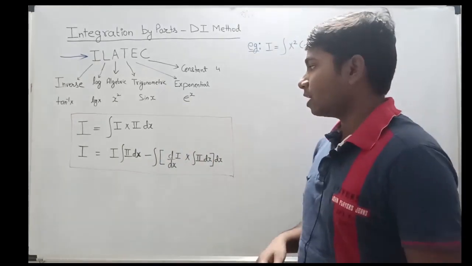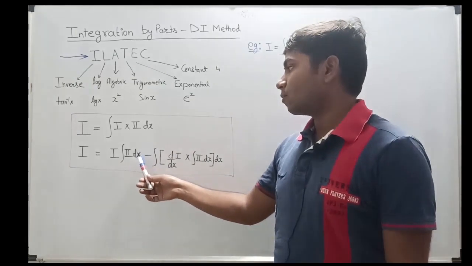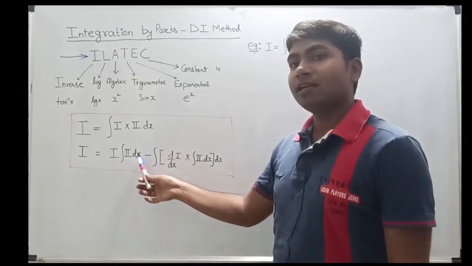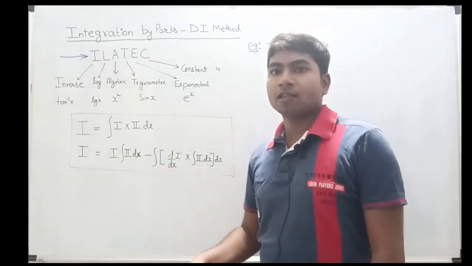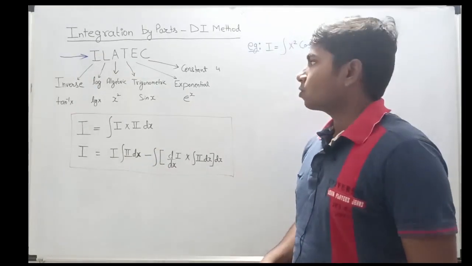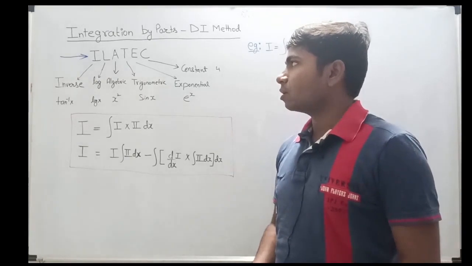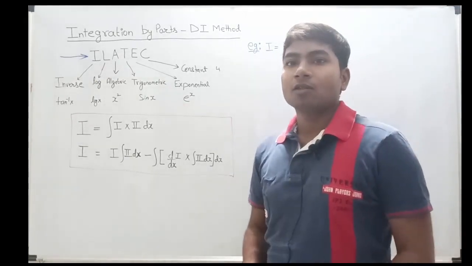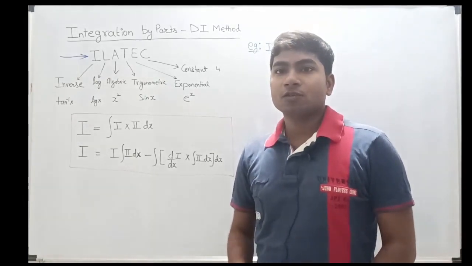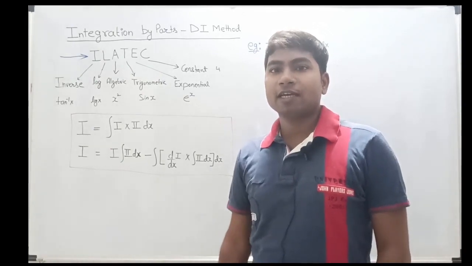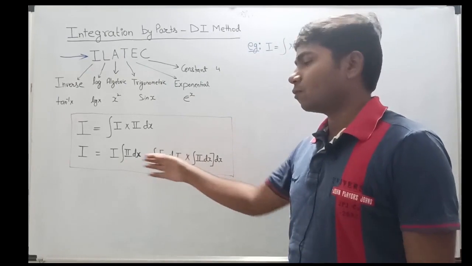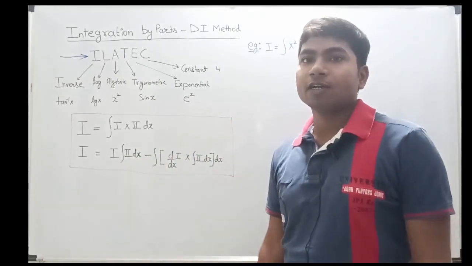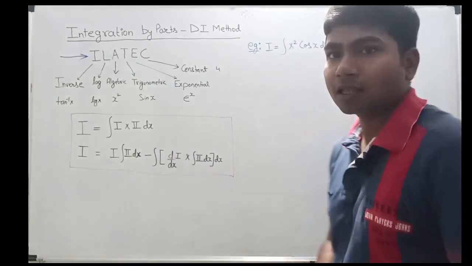Here I have assumed that our function is x dependent, so I have written dx. If it is t, we can write it in the form of dt. So it is a very useful method when there are two functions multiplied. Today I am going to teach you a shortcut method, or we can say DI method, so that we don't require this much large formula to solve our integration when two functions are multiplied.